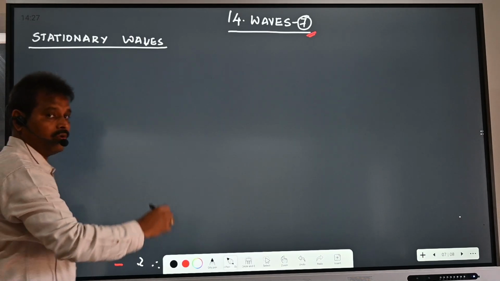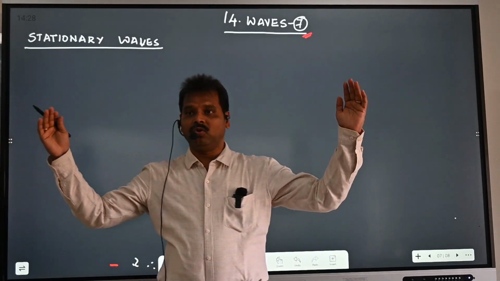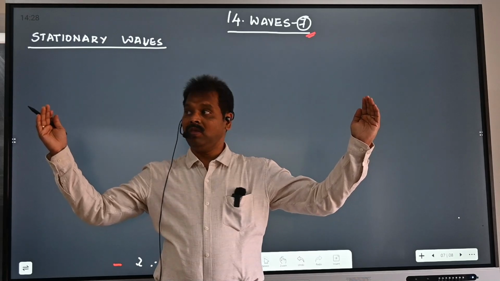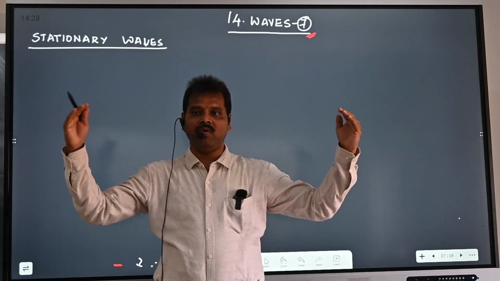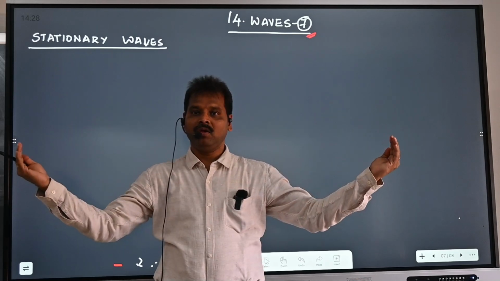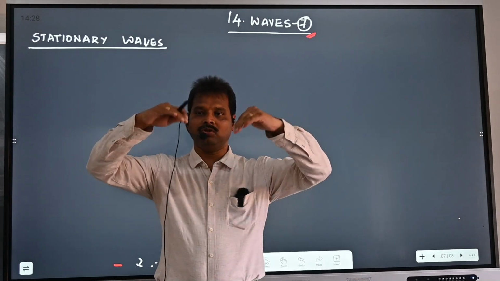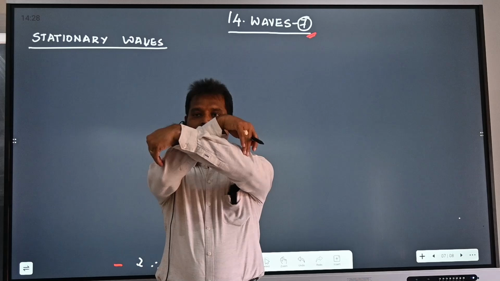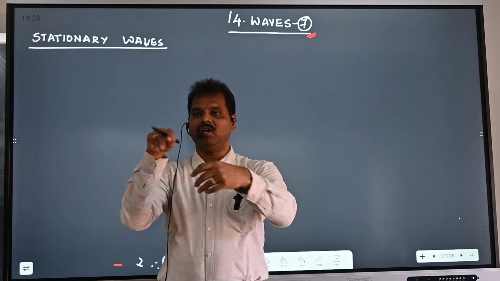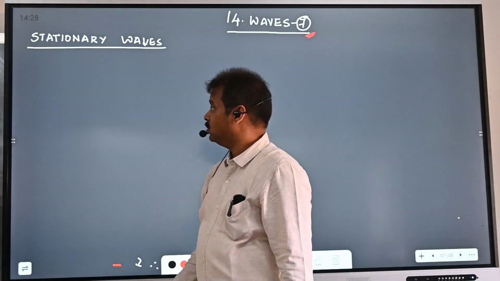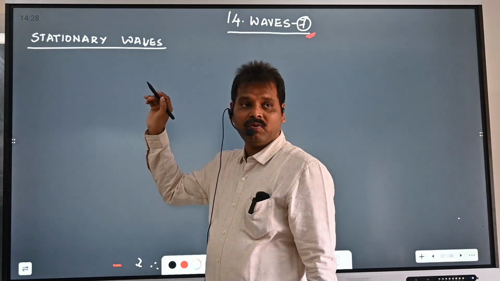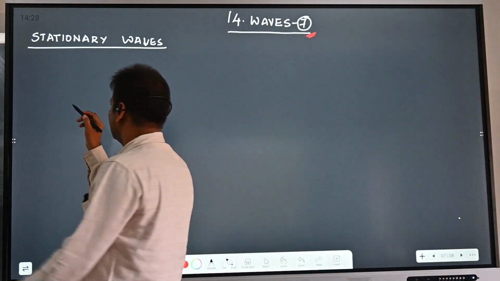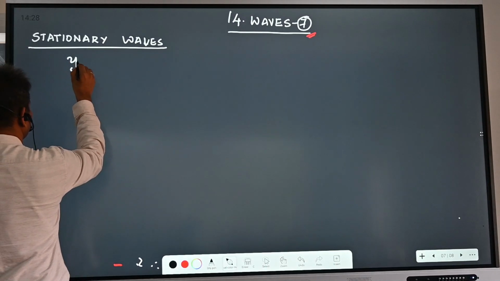A stationary wave is formed when two waves of equal amplitude, equal frequency, equal wavelength, and equal speed, moving in opposite directions, are superimposed on each other. So what is the equation of a stationary wave? We already derived this in the previous class. y is equal to